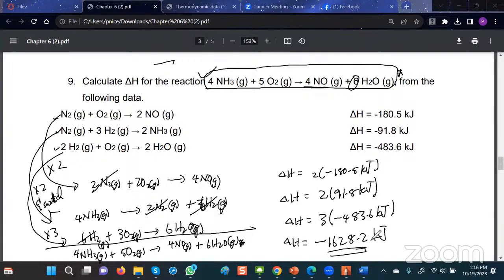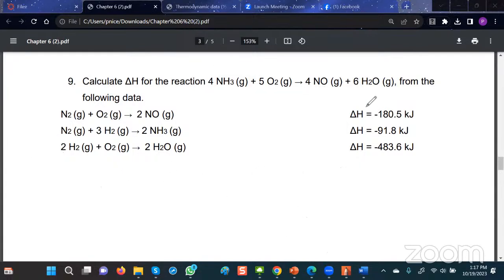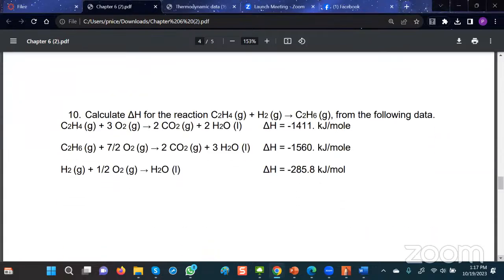Any questions? No questions? So if you understand this, let me clear this here. Any difference in the next kilojoules per mole? Yeah, sometimes they express the delta H as either one or the other. No difference really. To be perfectly honest, it should be kilojoules per mole, but in textbooks especially, they don't concern themselves with that. Okay, so if you understand number 9, then you should be able to do number 10,